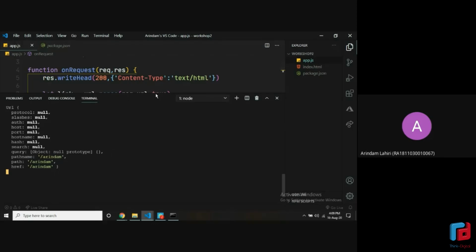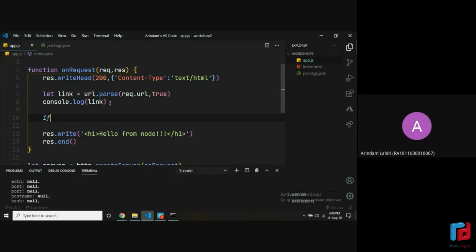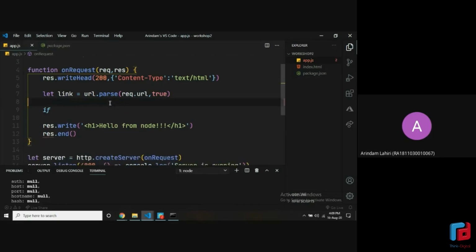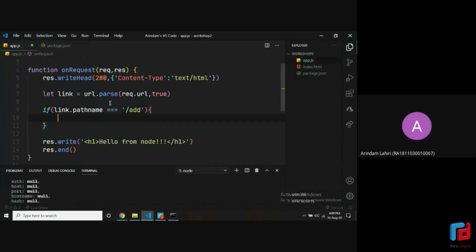So let me show you how this will actually be useful for us. So after this, let's put a conditional. We'll have a conditional: link.pathname triple equals slash add, and we'll write res.write.